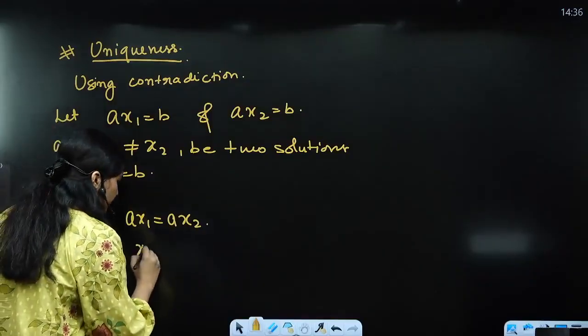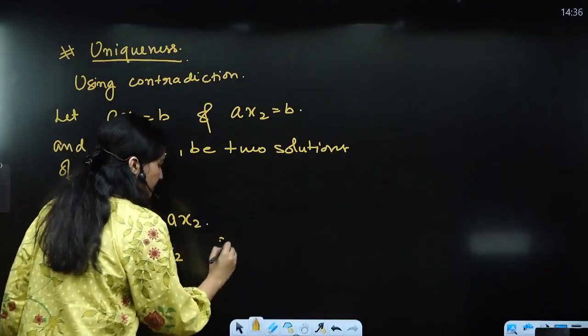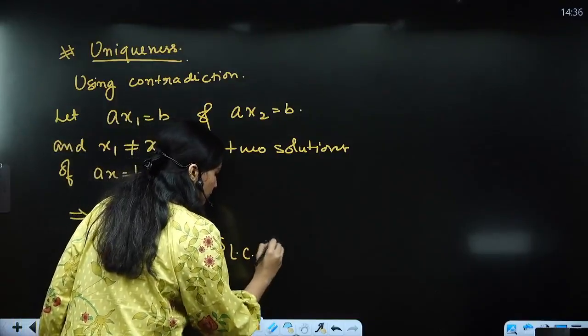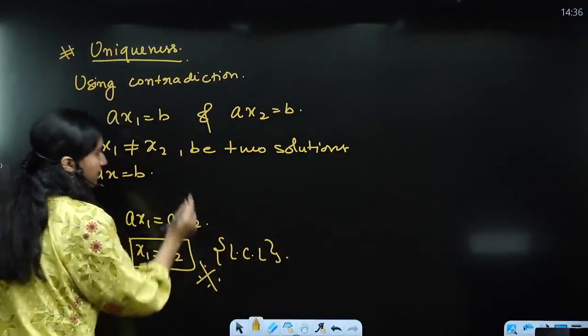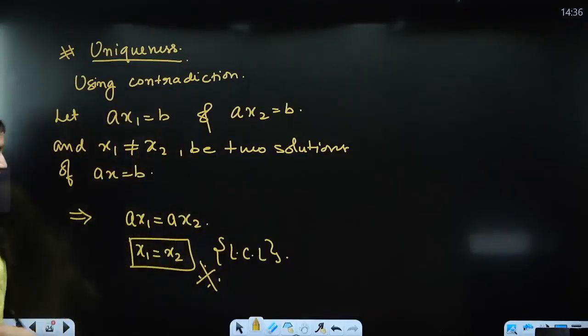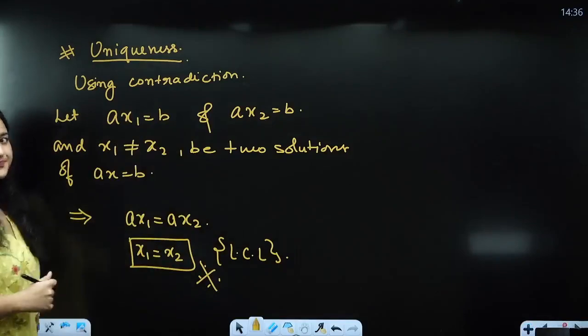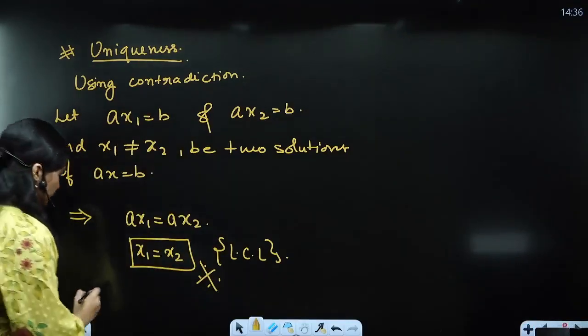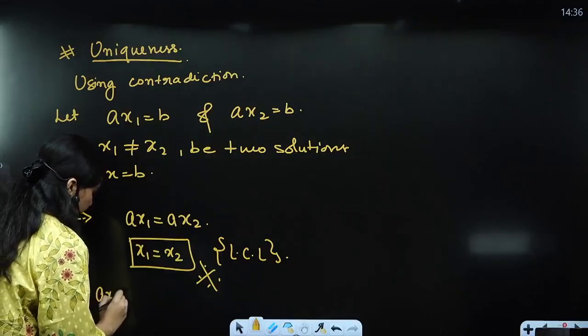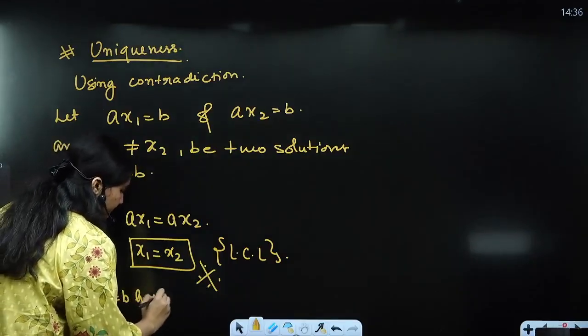So I'm left with x1 equals x2, and the reason is left cancellation law, right? So our assumption is wrong. That means x1 and x2 are not two separate values, they are the same value, right? So this implies that Ax equals B has a unique